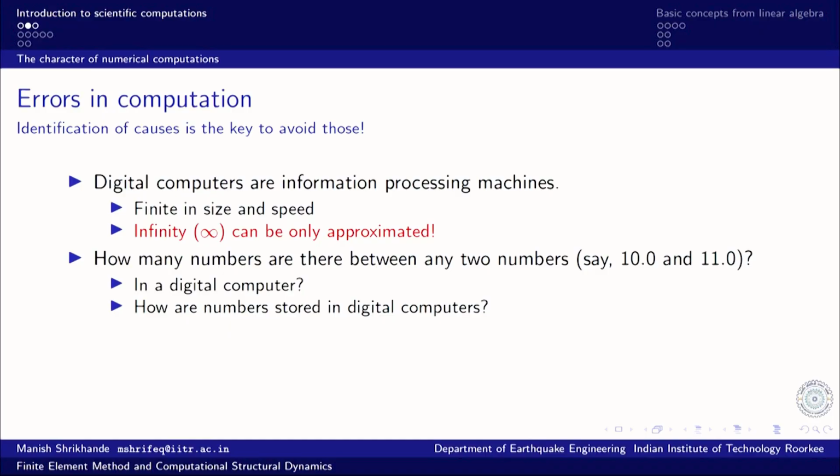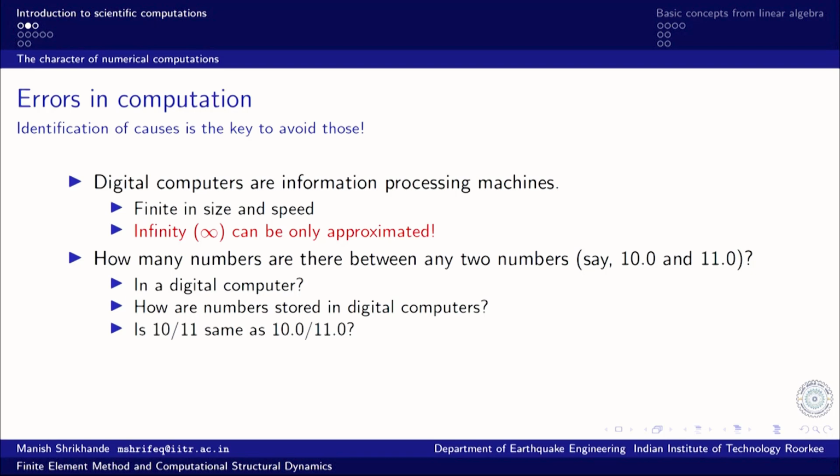So, this follows from how the numbers are stored in digital computers, and that is what we need to understand in order to appreciate why the errors in computation occur on digital computers. Once we understand that, we may be able to rearrange our computations in such a way that these errors are kept in check, and we can prevent errors from blowing up. So, more on that later.